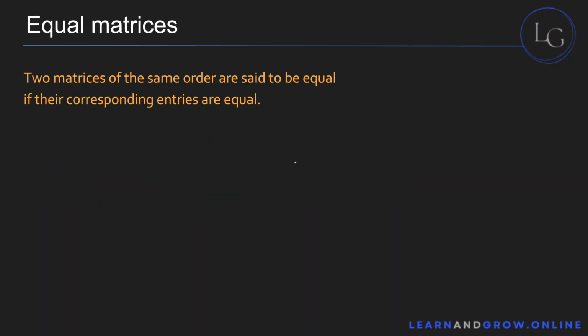Now what are equal matrices? For two matrices to be equal, there are two conditions. They must be of the same order, so the number of rows and columns of both matrices must be equal, and their corresponding entries must also be equal. So what this means is,